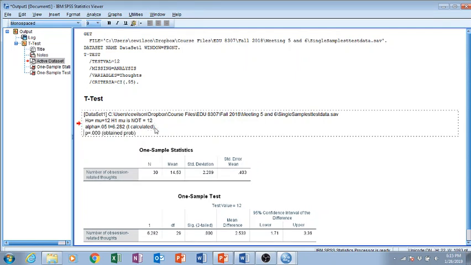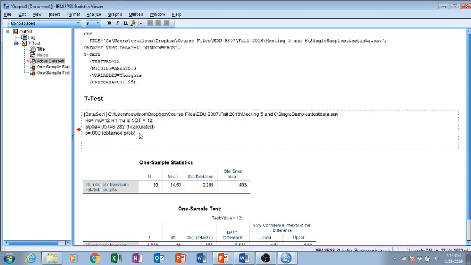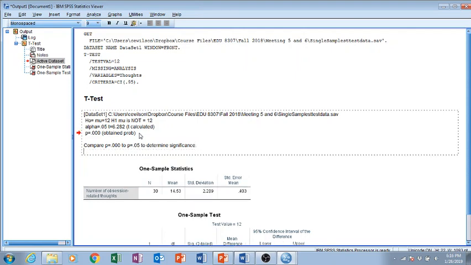I like to have it separated because I think it's just a little bit easier to see, but not vital, of course. All right, so the probability of us having obtained the sample mean we obtained, if the null is true, is really, really tiny. So we compare P equals 0.000 to our alpha, which is P equals 0.05, to determine significance. Now because we know that 0.000 is less than 0.05,